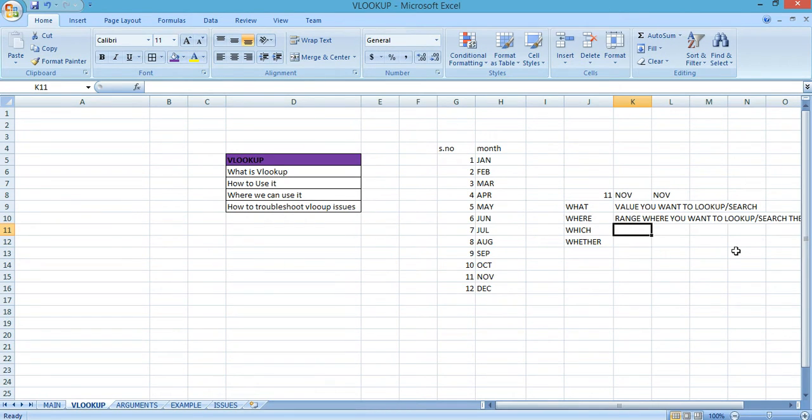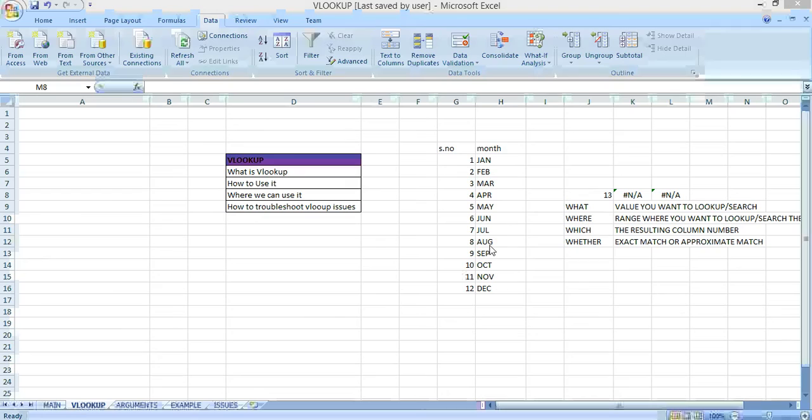Which column, the resulting column number. And whether exact match or approximate match. So VLOOKUP is based on these 4 arguments.